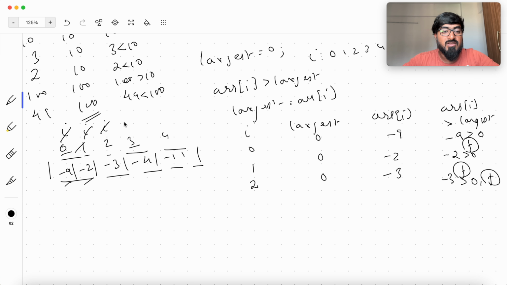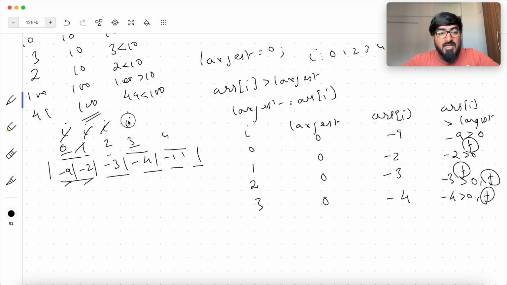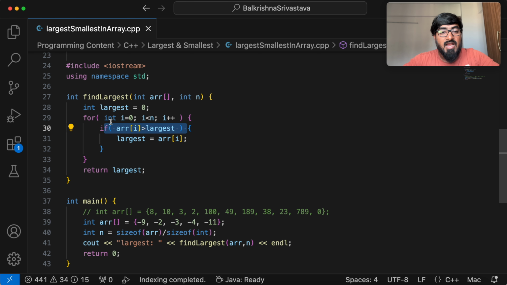I moves to this location, I is 3, largest is 0, ARR of I is minus 4. Minus 4 greater than 0 is again false. 0 is greater in this case. So again nothing happens. You move on to the next iteration. I becomes 4, largest is still 0. We have ARR of I as minus 11. Minus 11 greater than 0 is still false. Again nothing happens. You come to the next value, which is 5, and then the loop closes